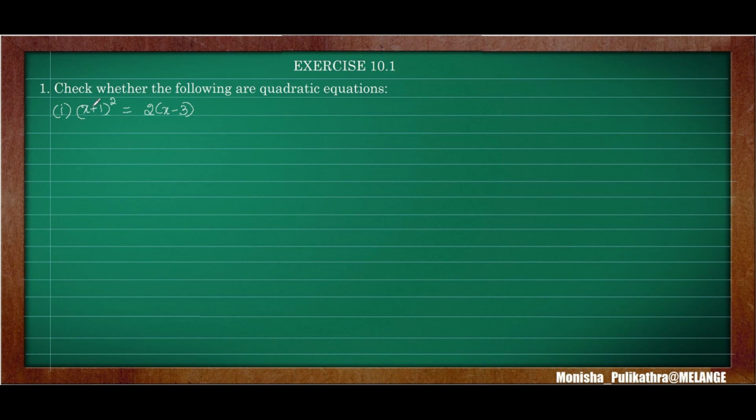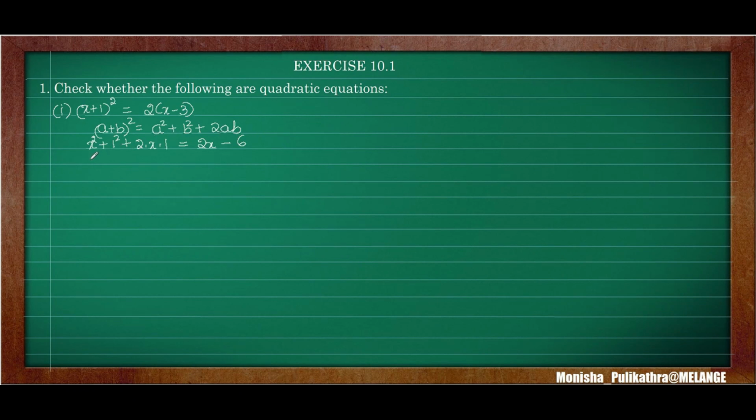So here, first, (x plus 1) whole square. It is in the form (a plus b) whole square. The formula for (a plus b) whole square is a square plus b square plus 2ab. In the same way, we need to expand this term. So (x plus 1) whole square can be written as x square plus 1 square plus 2 into x into 1, is equal to, we need to multiply this, 2 into x is 2x minus 2 threes are 6.